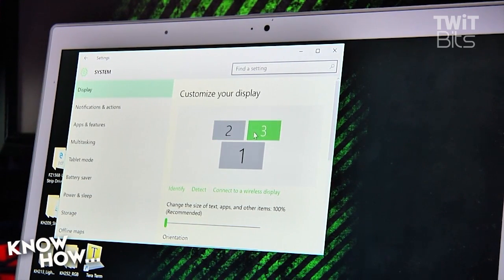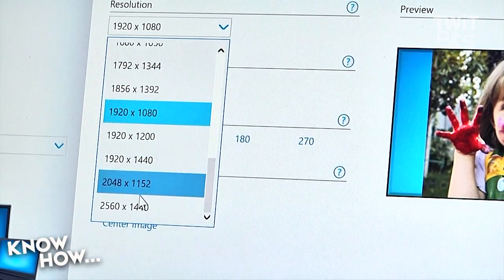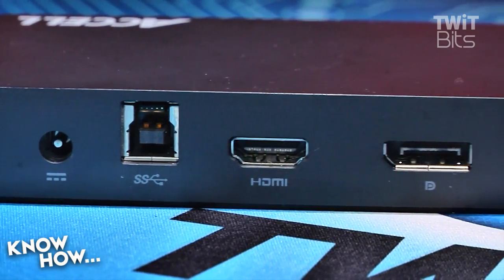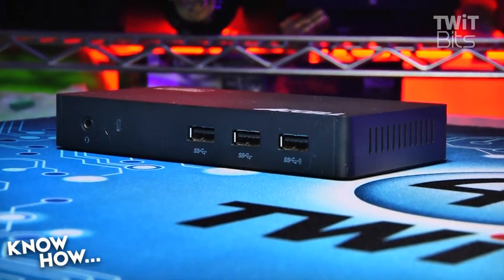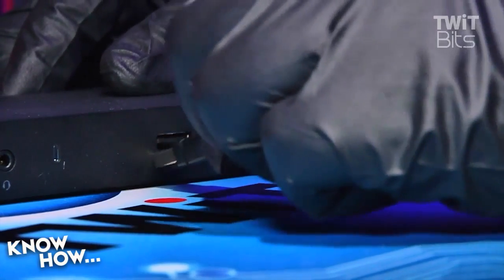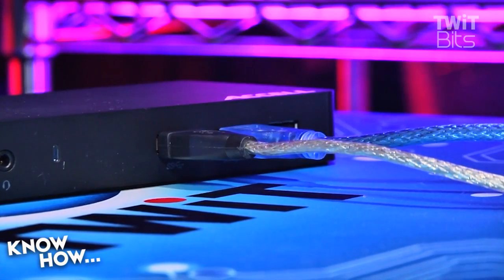The Acel docking station has 1 HDMI port and 1 full-size DisplayPort. The HDMI port maxes out at 2K, while the DisplayPort can support a 4K monitor at 30 Hz. Next to the monitor ports at the rear of the docking station is a single gigabit Ethernet port. Together with the 3 USB 3.0 ports and the combo audio jack on the front of the unit, the Acel can be a true docking station, connecting your network, mouse, keyboard, speakers, microphones, monitors, and USB accessories to your laptop